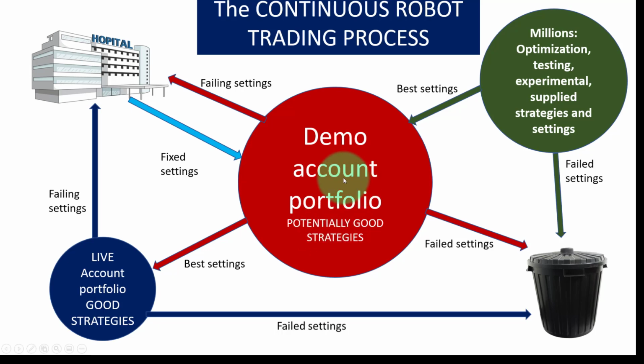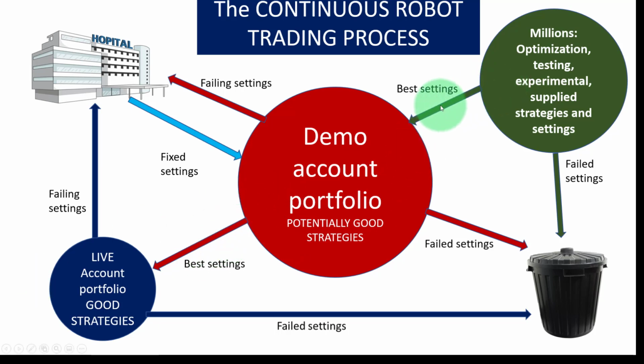But hopefully a huge percentage of, let's say, the 20 settings that you've fed into your demo portfolio, let's say 8 of them are performing very well. You're very happy with the results. They are conforming with your requirement of 200% with a drawdown of only 20%, let's say. And what you then do is, they have now been tested on your demo account, and you can now feed them into your live account portfolio. So can you see the filtering process that has happened from having millions of alternatives down to feeding only the very, very best proven